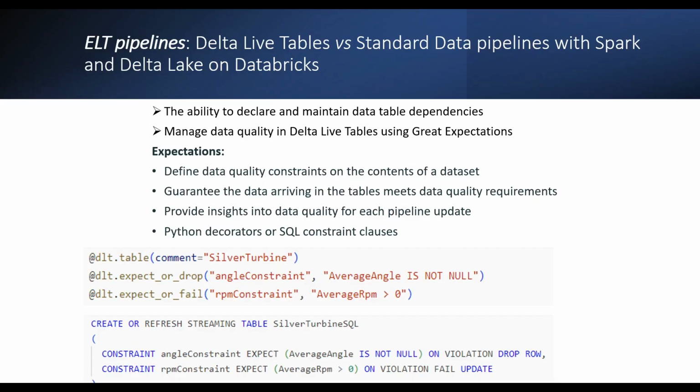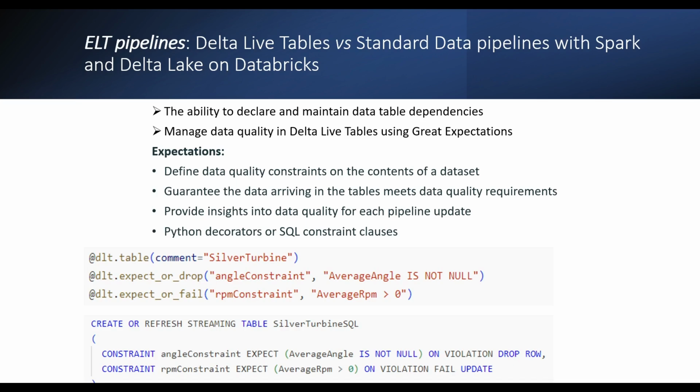When it comes to ETL pipelines, a valid question is, why should we use Delta Live Tables instead of building data pipelines with Spark and Delta Lake on Databricks? First and foremost is the ability to declare and maintain data table dependencies. Very, very important. And the second reason, which is equally important, is we can manage data quality in Delta Live Tables